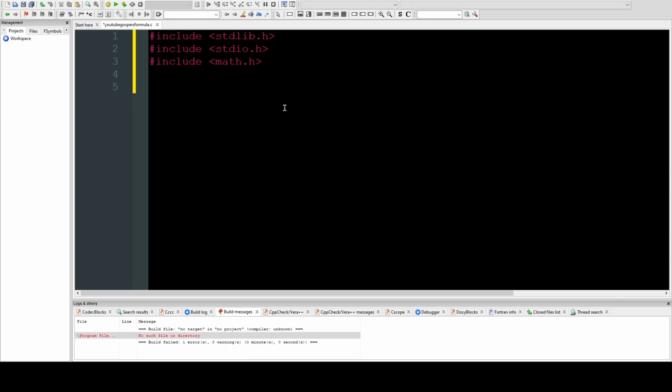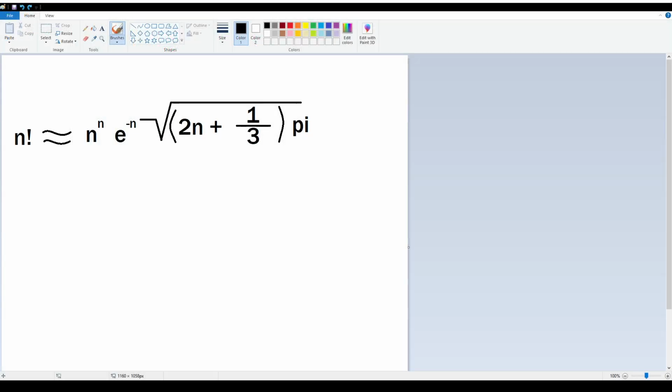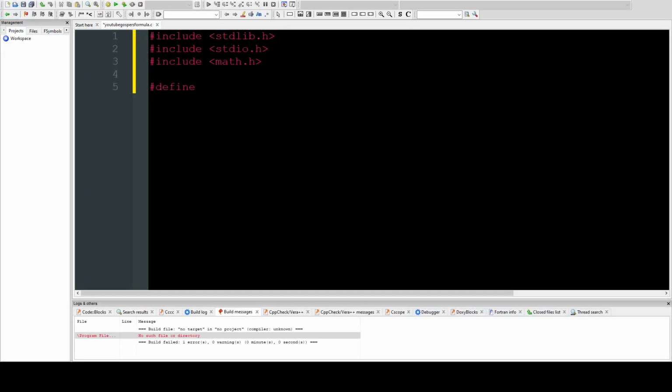And after that, what we're going to do is introduce you to constant variables. So, as we know, in our formula we have pi, which is a constant in mathematics, meaning that it is always going to be the same, and it even has its own symbol, being the pi symbol. So, in order to have a constant in our program, we do what is called a definition of a constant variable. So it would be pound define,